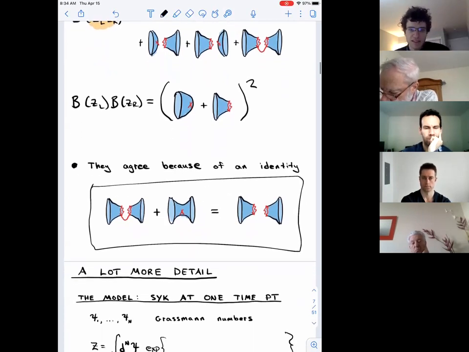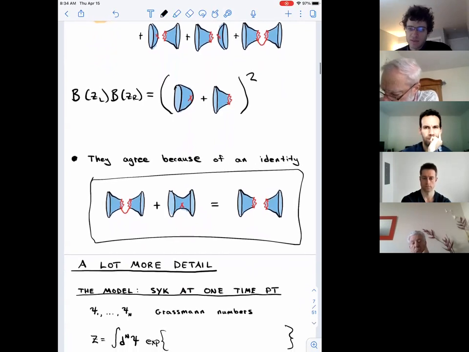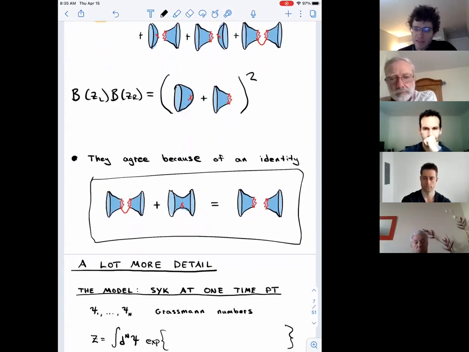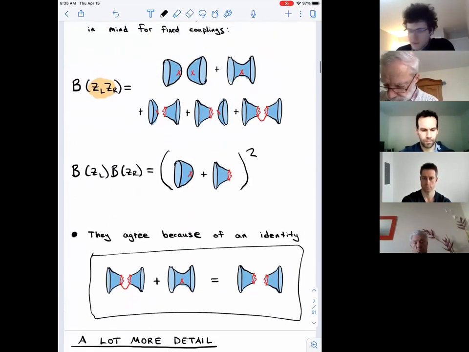So that's the summary of our results. And the rest of the talk, I'm going to just explain in detail the model that we've been computing in and how we establish these results. I'm not going to talk too much about expectations for other systems. I just want to focus on the model in the rest of the talk, but I'm happy to answer questions about that or answer any questions about this setup now before we get into the details.